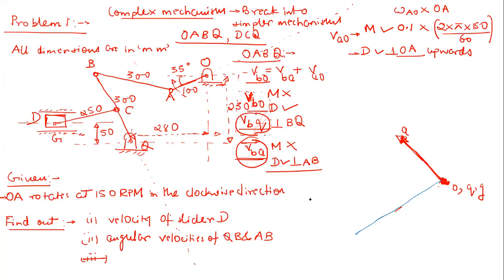So what should be my next step? See, we draw VBQ. Now let us draw this VBA. BA, yeah. So how to draw this? It will be perpendicular to AB from A. Right, very good. So this is very obvious.